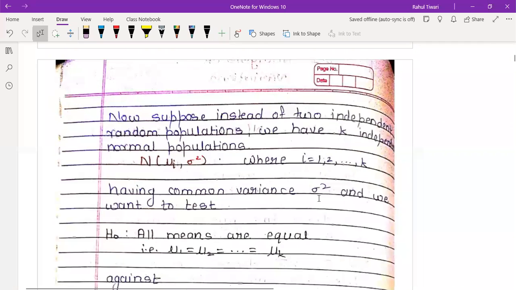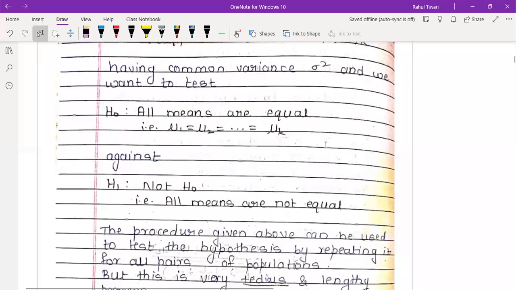Think of k independent samples having a common variance sigma square. These are the assumptions. We are assuming k independent normal populations, that is, we are taking observations from normal populations having common variances. That is our assumption. The assumptions which I want to show are already assumed, that they have a common variance. What is my task? My task is to check